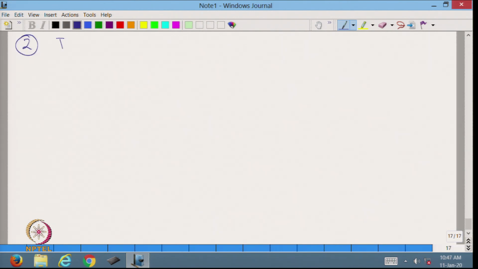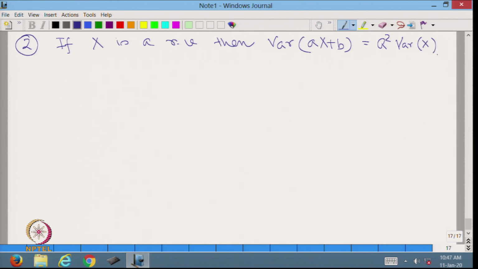Property 2: if x is a random variable, then variance of a x plus b is equal to a square into variance of x. Proof: